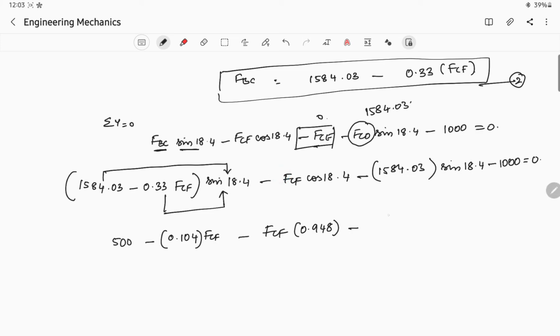Again you will get it as 500. So 500 minus 1000 is equal to 0. So this 500, this 500 and this 500 will get cancelled. If you see here, we have FCF and FCF. So add these two terms, you will get it as minus